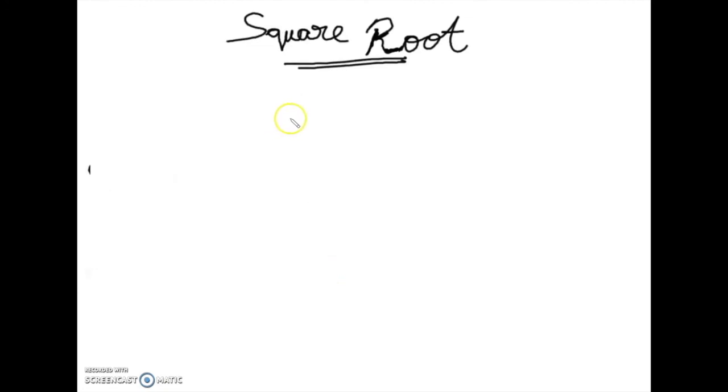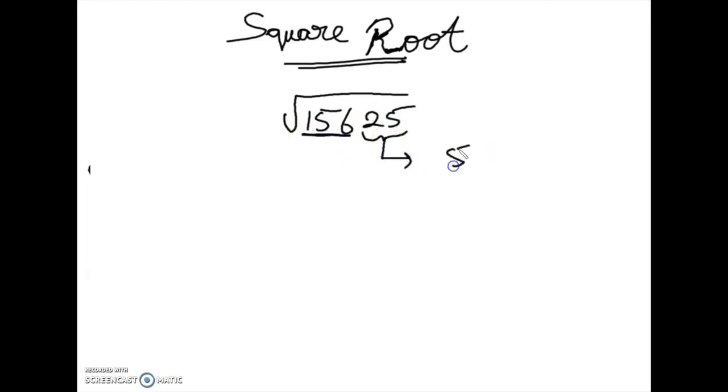Now let us go with a 5-digit number. If you are going with a 5-digit number, you should know squares beyond 10 as well. So let us take the square root of 15625. Again, the last two numbers are going to be one part and the remaining 3 numbers are going to be another part. The last number is ending with 5. Only 5 square ends with 5, so there is only one possibility, 5.